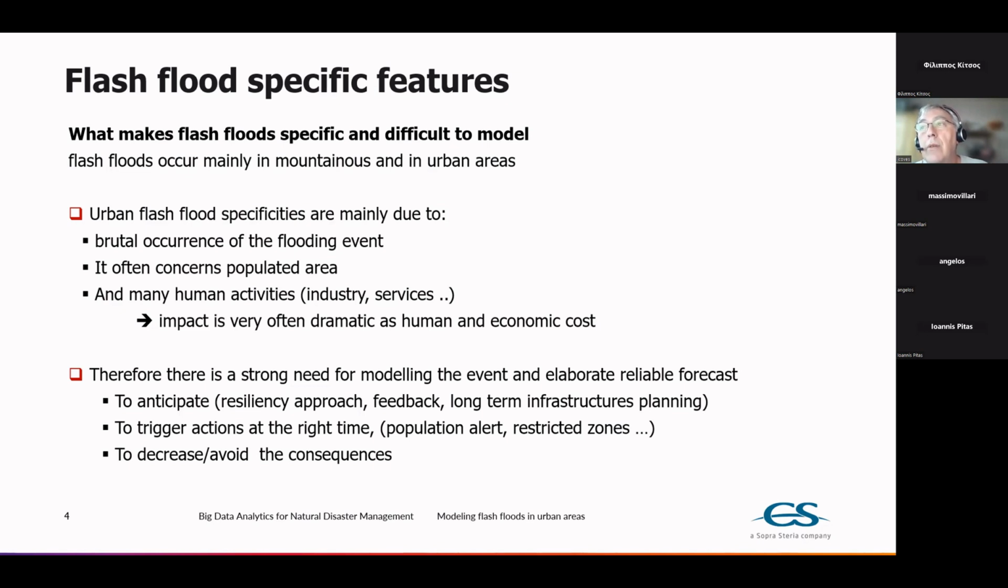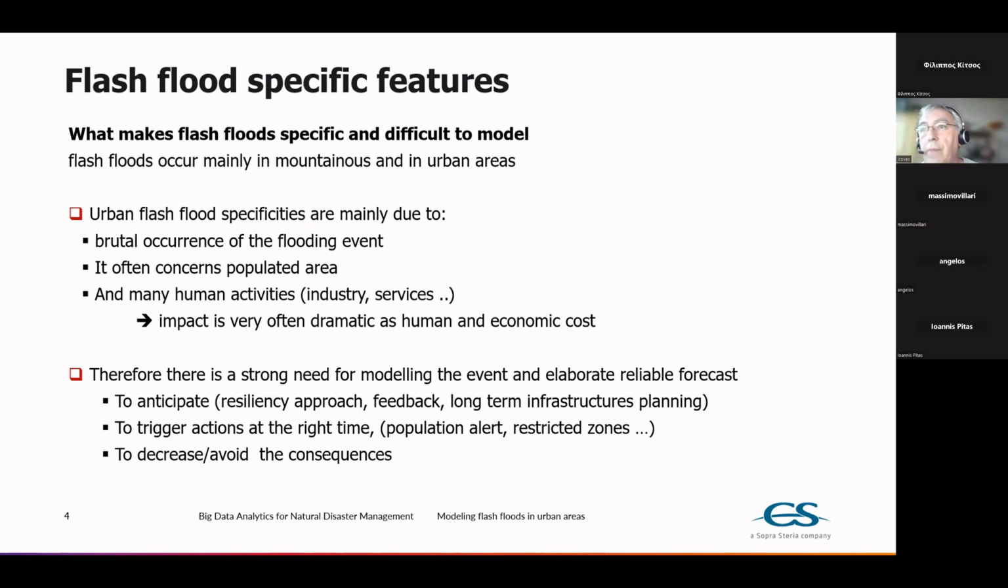Why? Because if you have a good modelization and forecast of the event, you will be able to anticipate the event. This means on the long term to be ready to plan, so to have infrastructure planning, modifying some infrastructure, adding, enlarging pipes to evacuate the water, take into account the feedback of the recent event, what happened, what was good and bad,